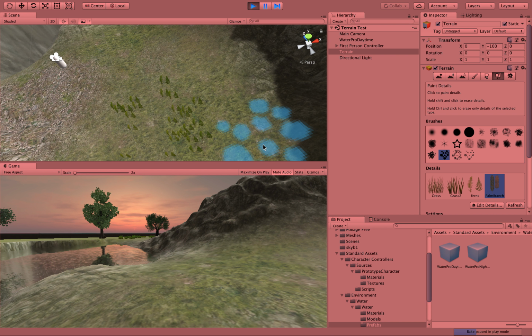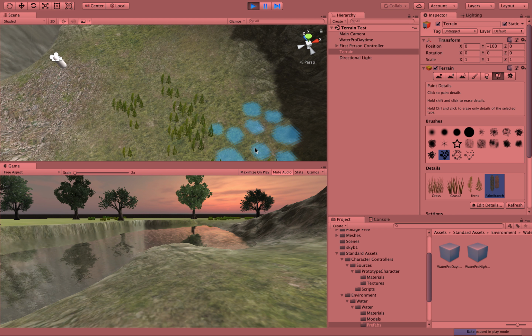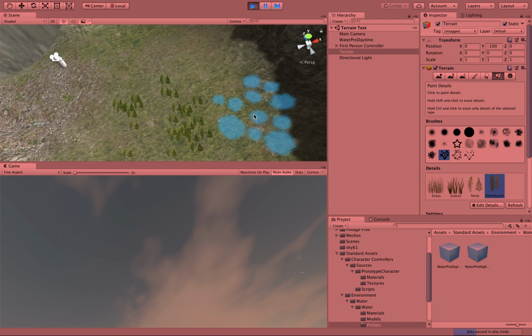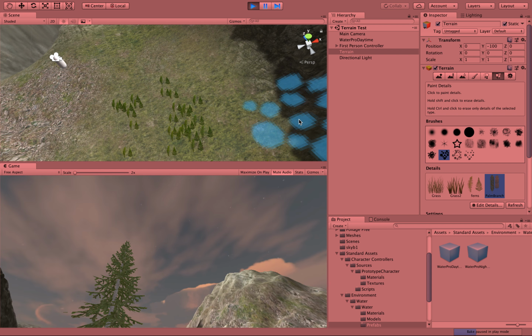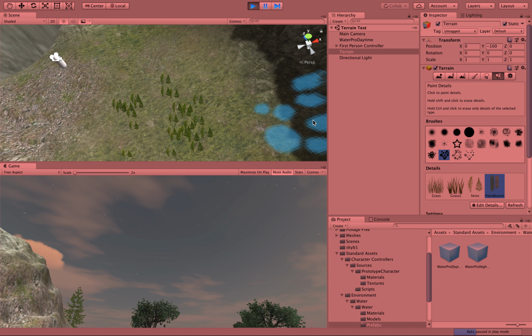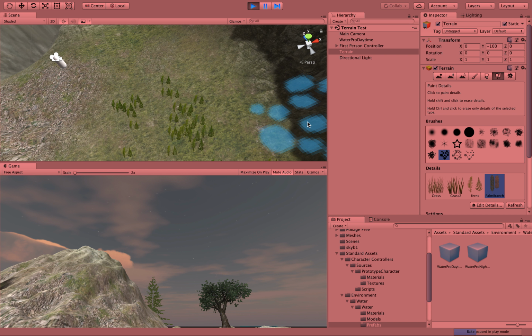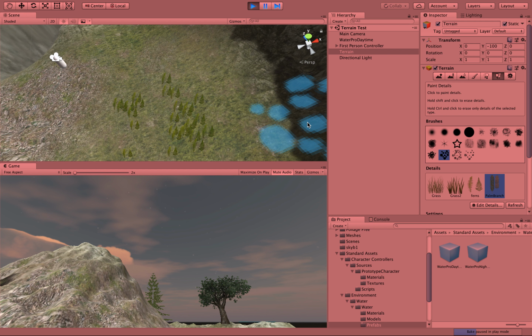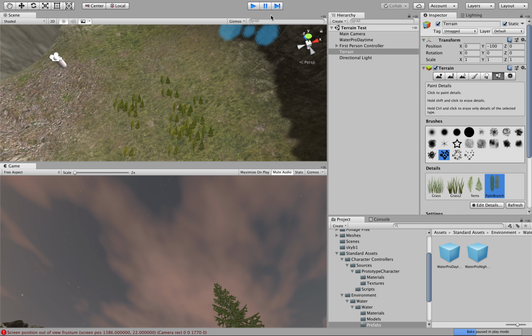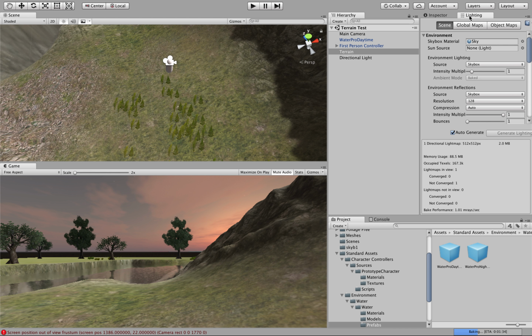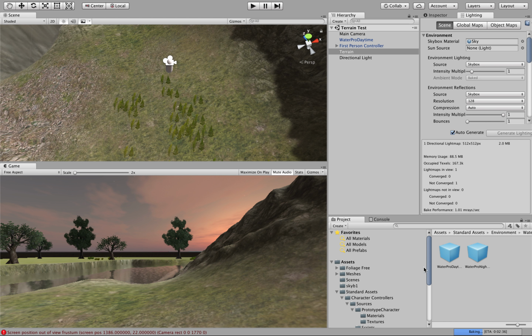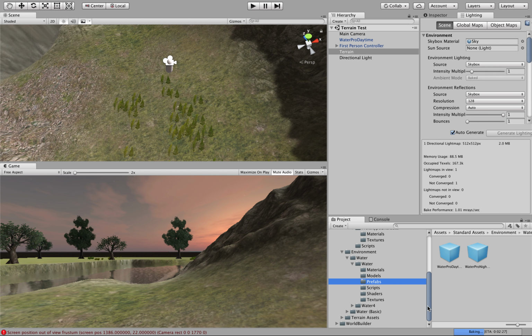And I haven't covered in detail, but there's also this concept of a skybox, and the skybox allows me to add the sky that you can see up here with these clouds and these various elements right here. I'm going to exit out of the play mode, and you can see that that's set up in this lighting tab right here. I've created this Skybox material. If you look in my materials folder down in